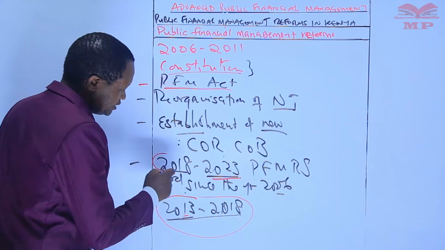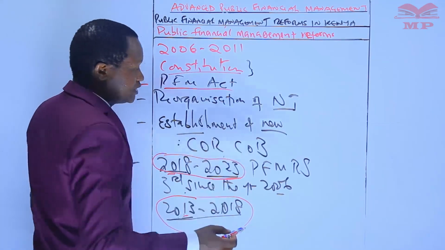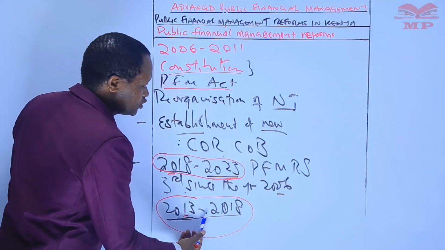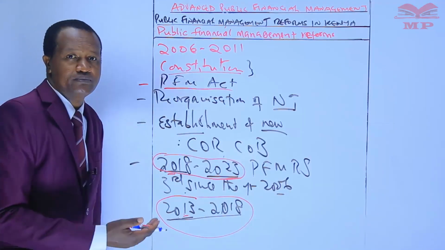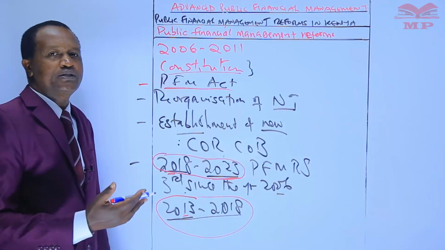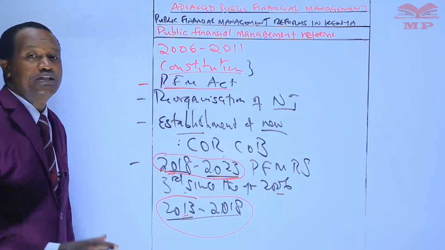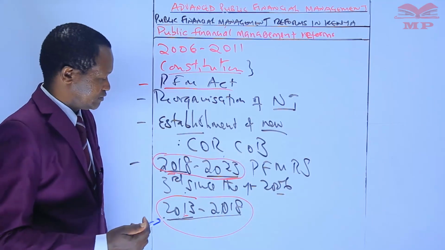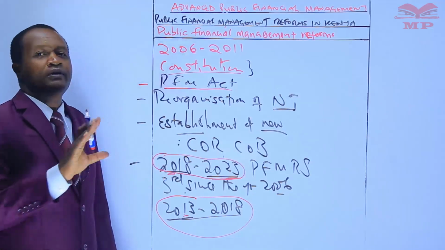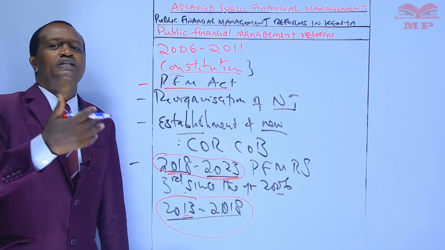We are now on the 2018 to 2023 to date. And the 2018 to 2023 reforms in public financial management build on the achievement of the 2013 to 2018 public finance management reforms. The 2018 to 2023 reforms aim to deepen the reforms that were achieved in 2013 to 2018. Do you understand? Building on the reforms and the achievements, the 2018 to 2023 strategy aims to deepen the public finance management reforms in areas identified by stakeholders